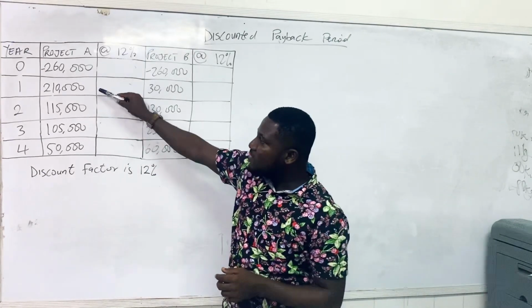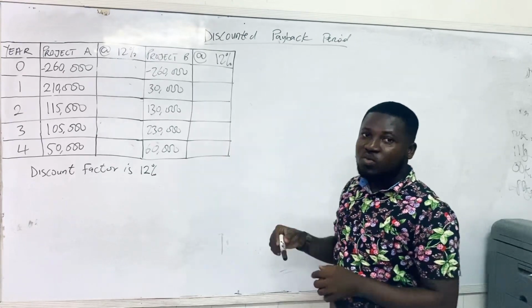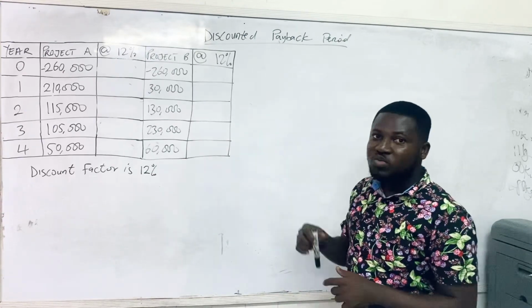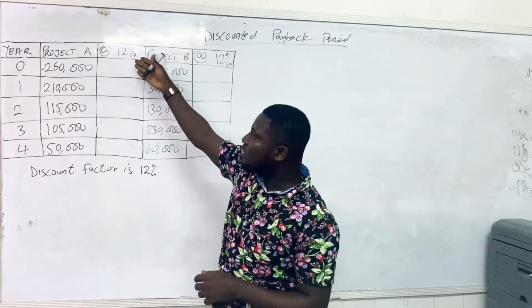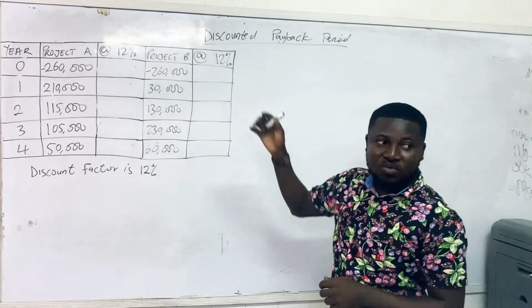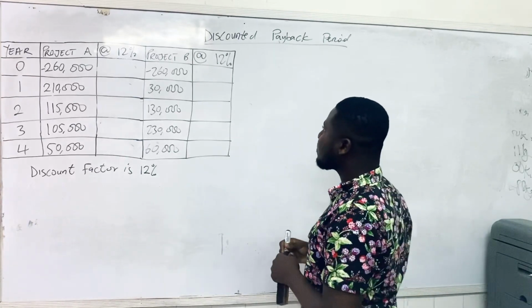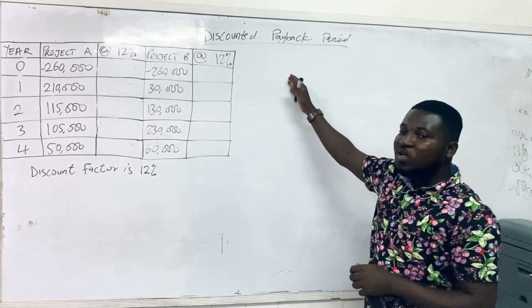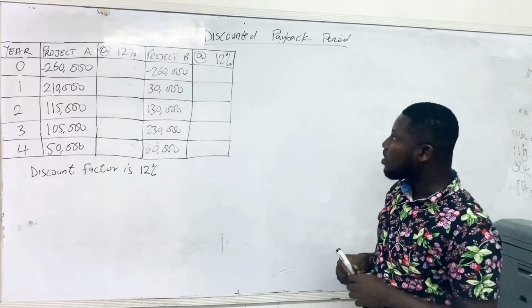All these cash flows are in their future values, and so we are going to discount them, bring them into their present value. Then we do our calculations. So we would use the discounted values at this rate of 12% to calculate our payback period. So quickly, let's do. Because we are discounting the cash flows into their present value, we are going to